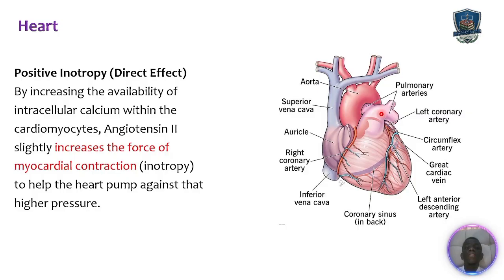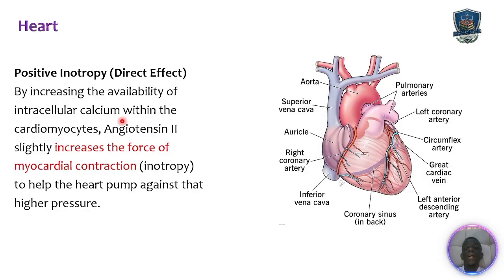But back to our class, angiotensin 2 plays a crucial role in our heart, in that it has a positive inotropic effect. What does this mean? This just means an increase in the force of myocardial contraction. So by increasing the availability of intracellular calcium within the cardiomyocytes, angiotensin 2 slightly increases the force of myocardial contraction and helps the heart pump against higher pressure. Why am I trying to enforce this point? Remember what we learned